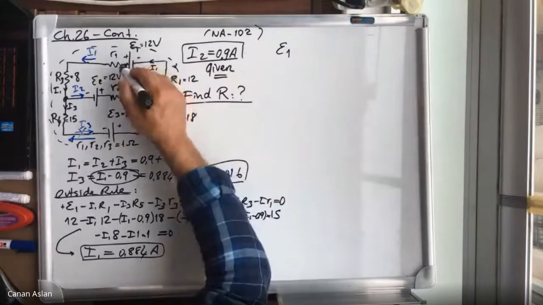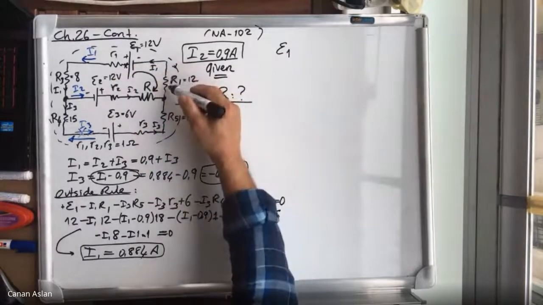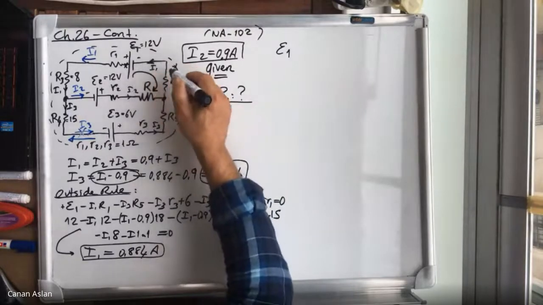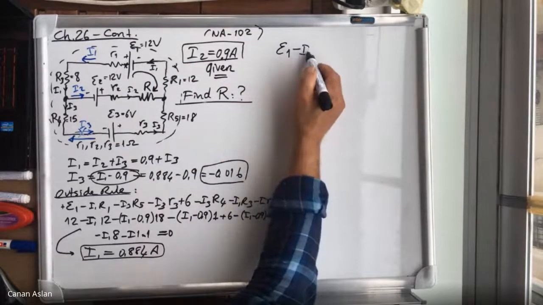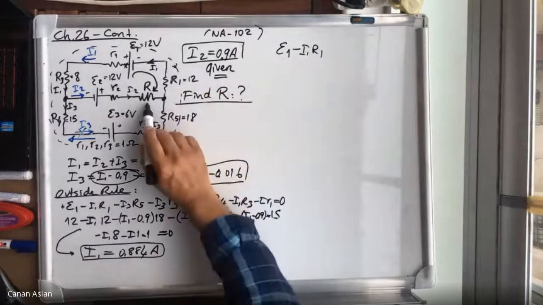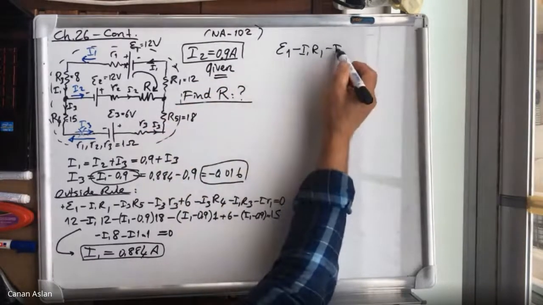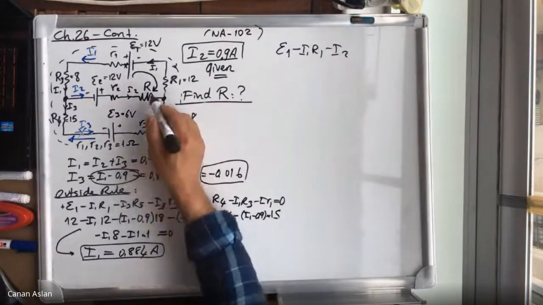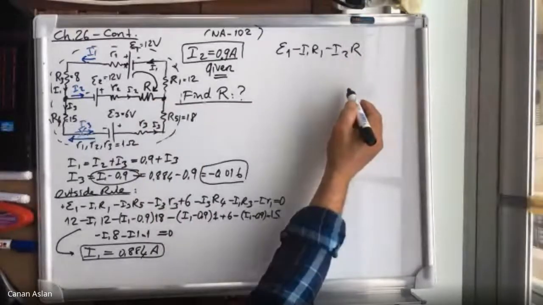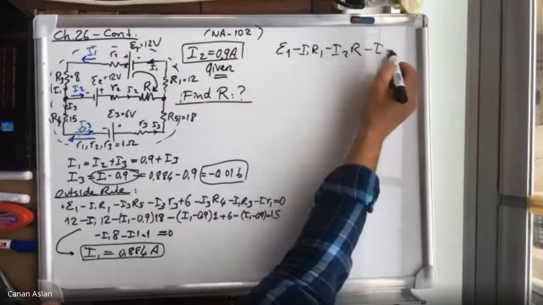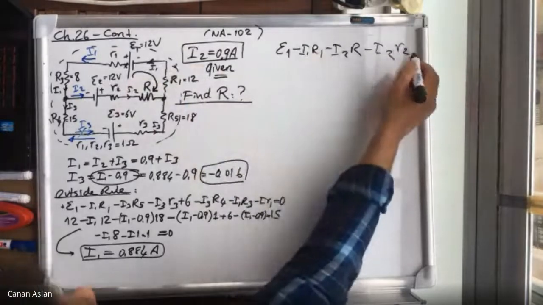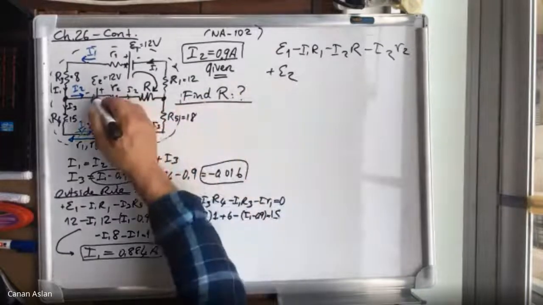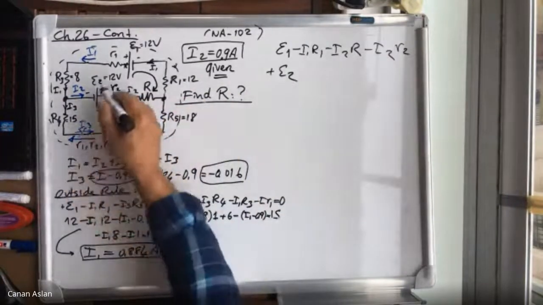epsilon 1 because you enter from the plus side, minus because you're moving this way, but I1 is the other way. Don't forget. Minus I1 times R1 here, and then minus I2 in this case, because the current just jumped to I2 when you are moving this path, times R, which is the unknown resistance, minus I2 times small r2 now, and then plus epsilon 2, because you enter from the plus side, plus, it is 12 volts,